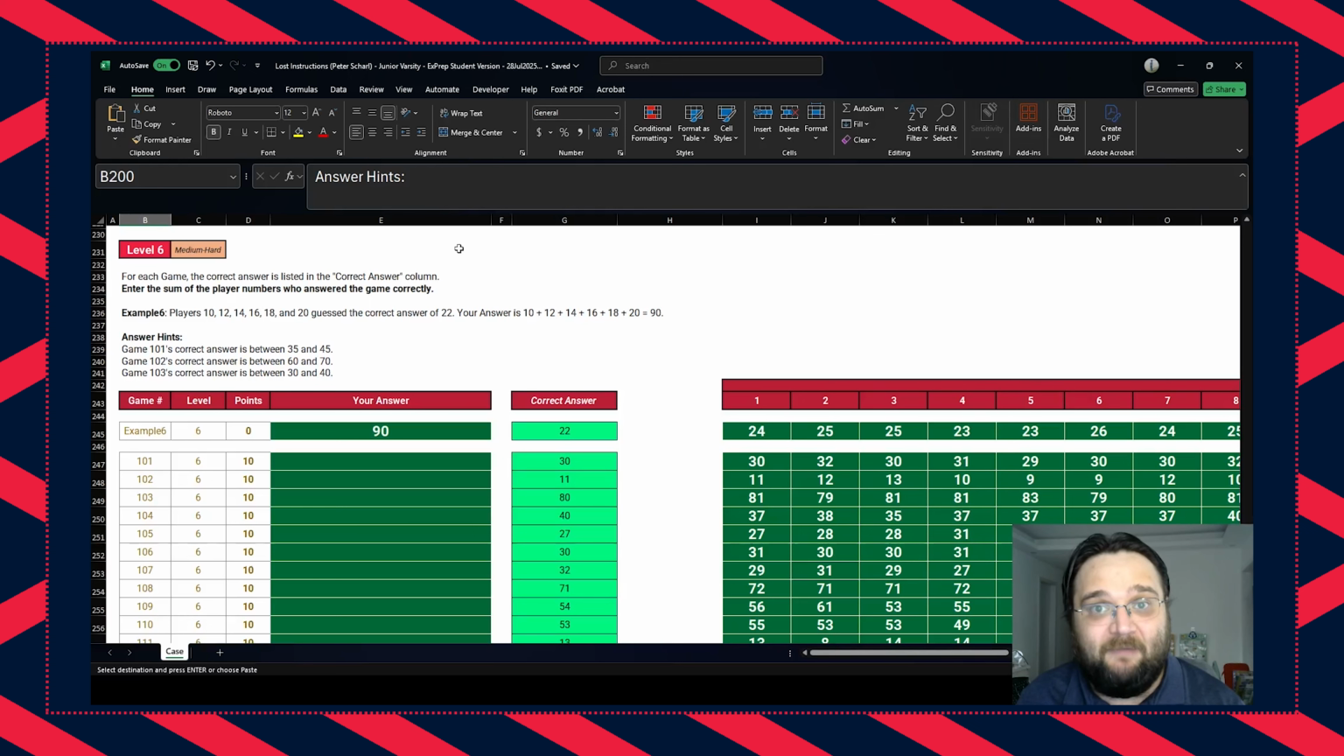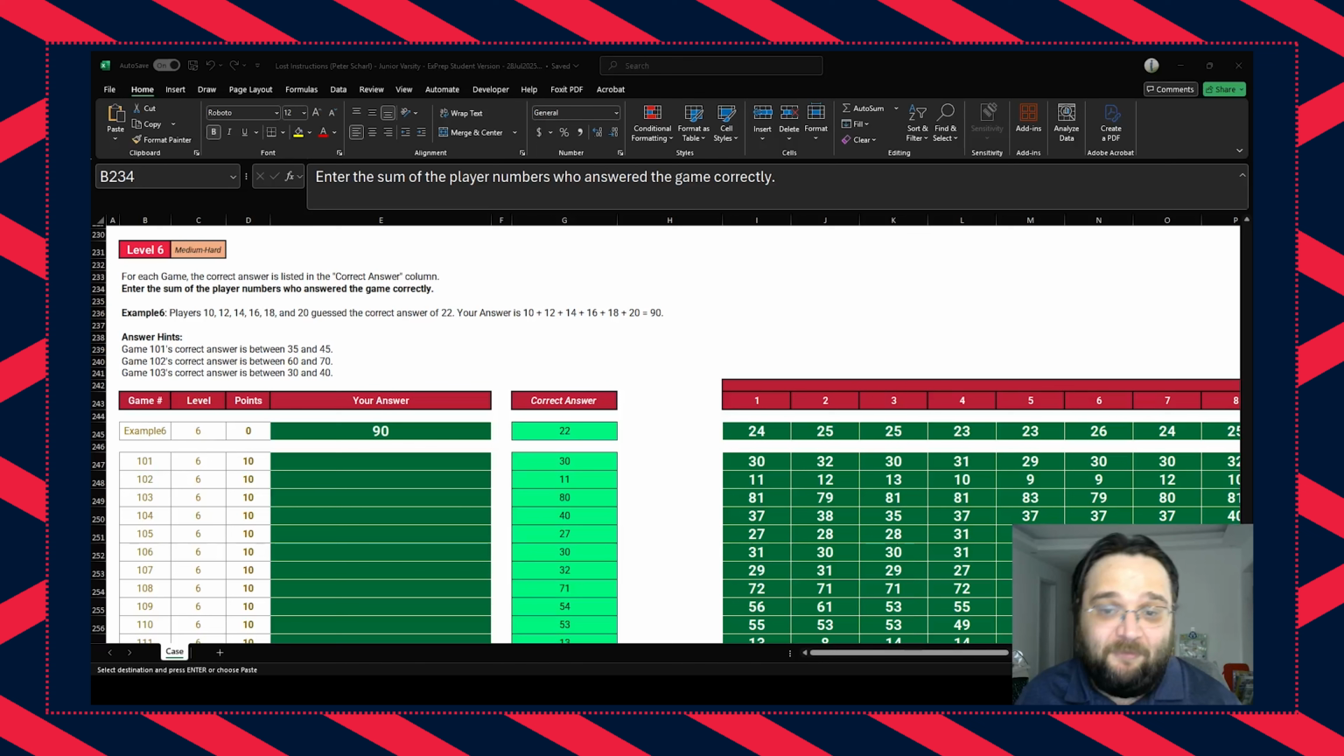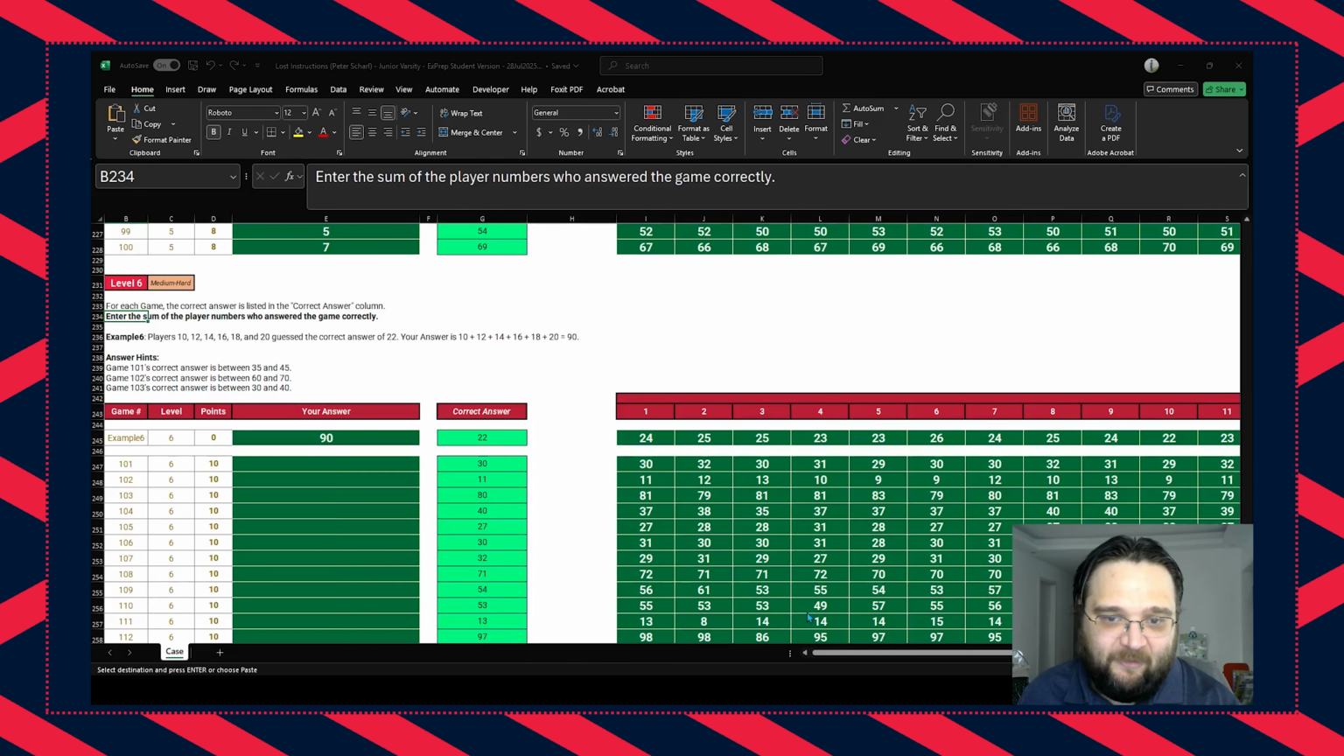Now let's take a look at level 6. Enter the sum of the player numbers who answered the game correctly. Now, once again, there's a few different ways you can handle this level, but let me go ahead and just start to work over to the side. We got that empty space over to the right. I am going to copy these and I'm going to work just over to the right of our currently existing